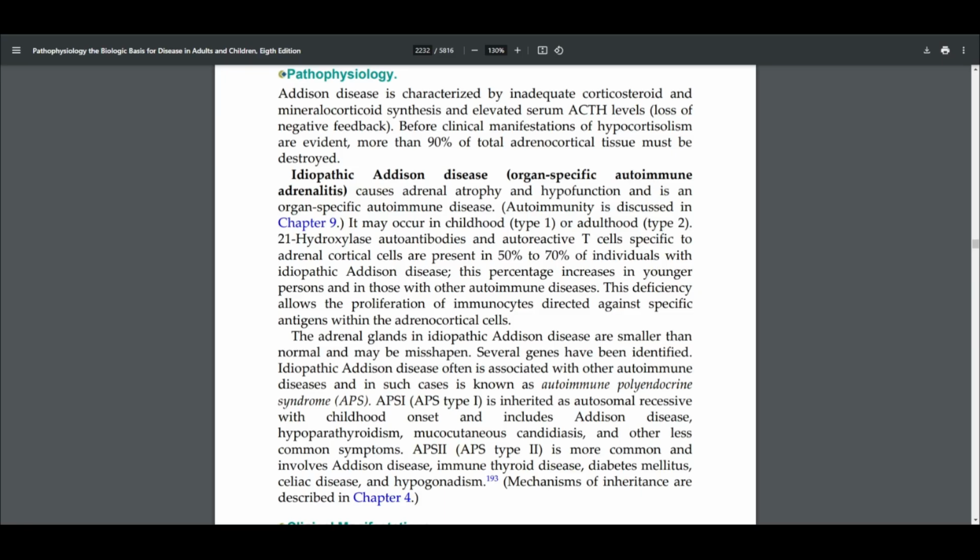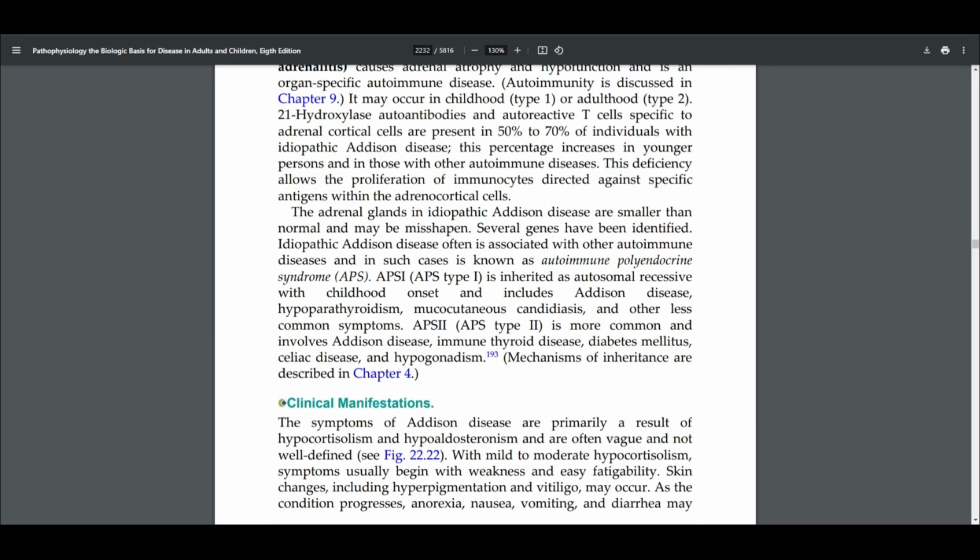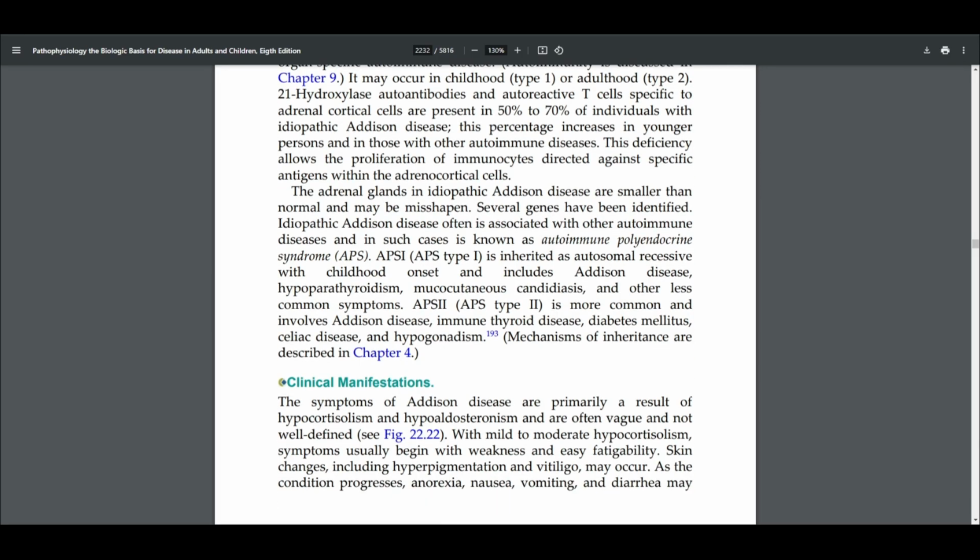This deficiency allows proliferation of immunocytes directed against specific antigens within the adrenocortical cells. The adrenal glands in idiopathic Addison's disease are smaller than normal and may be misshapen. Several genes have been identified. Idiopathic Addison's disease often is associated with other autoimmune diseases, and in such cases is known as autoimmune